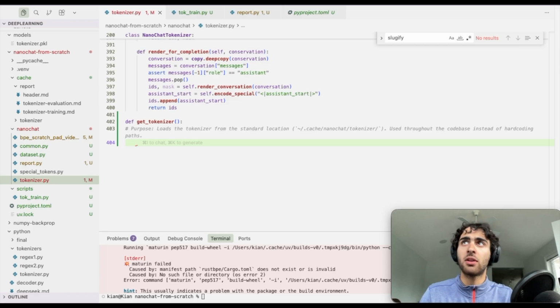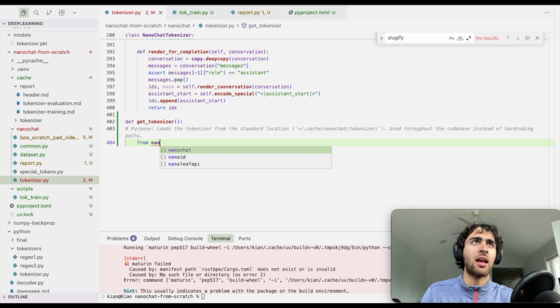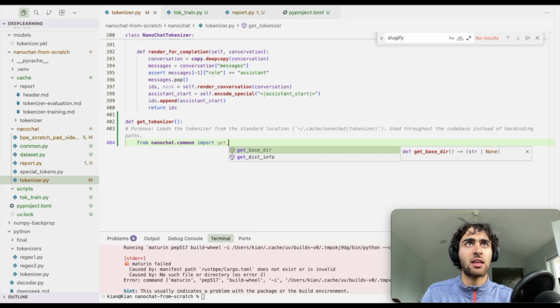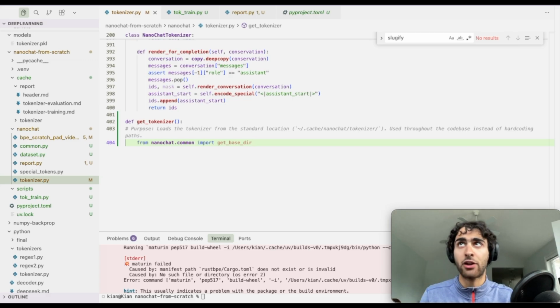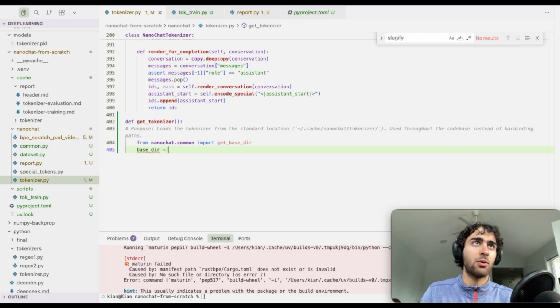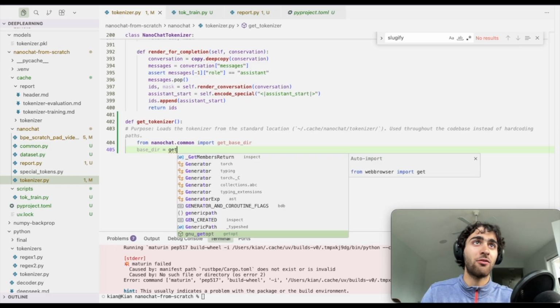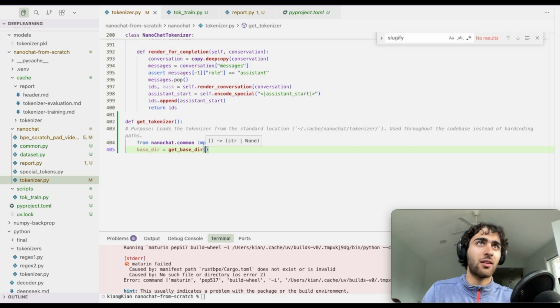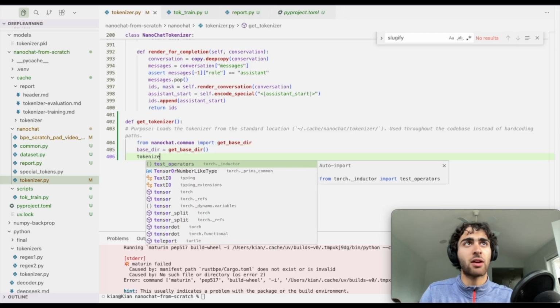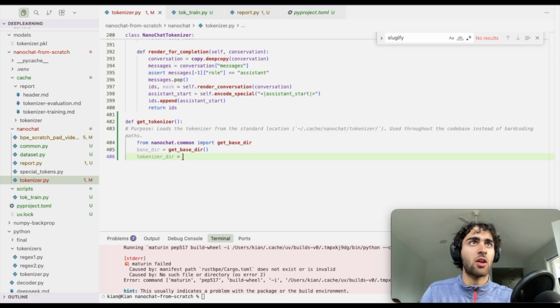But what we do need is, I'm just looking at my notes, from nanochat.common import get_base_dir, because I guess we don't have this anywhere else in our tokenizer.py. And once again, this is because we want it from the standard location. So base_dir equals get_base_dir. Very, very sophisticated code here, guys. That's a function. And then now we want to specify the tokenizer directory, which is just the os.path.join,